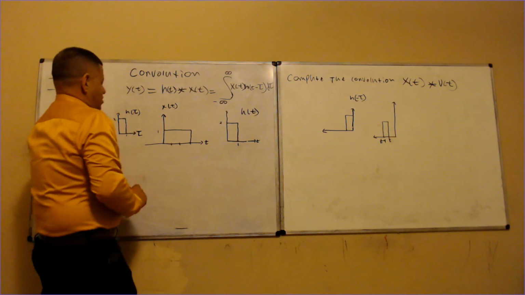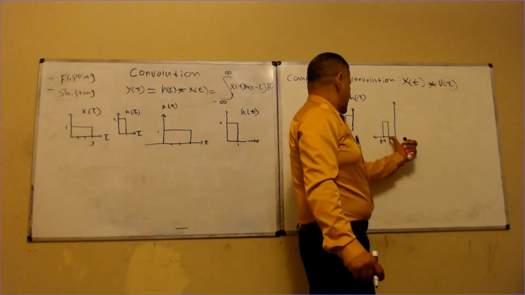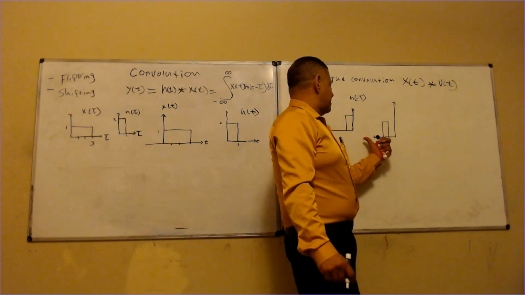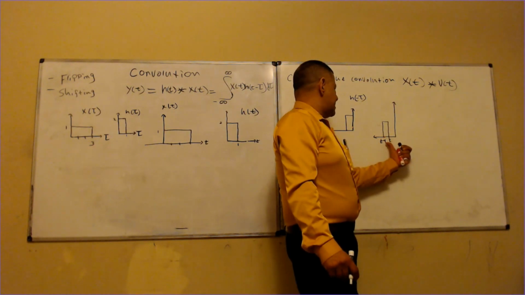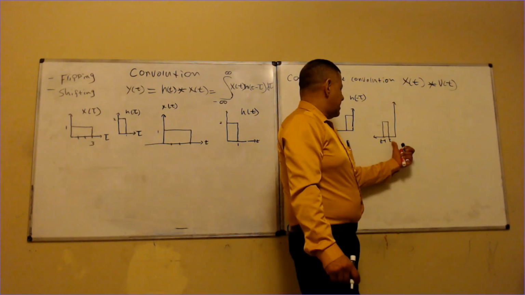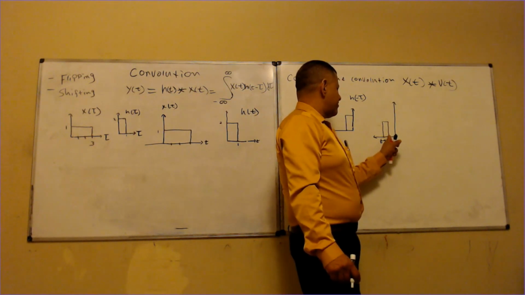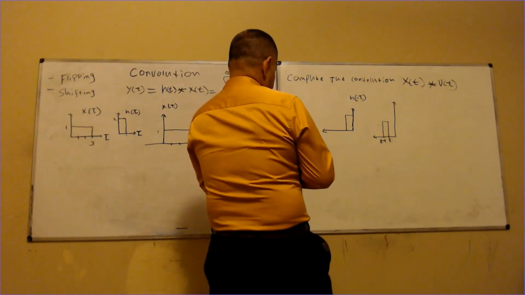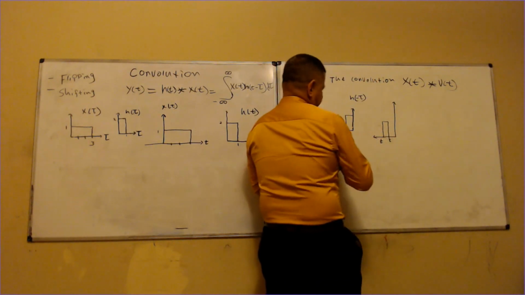So now, I shift it, right? When I shift it, it becomes t minus 1, and t is this corner right here, right? So with that being said,